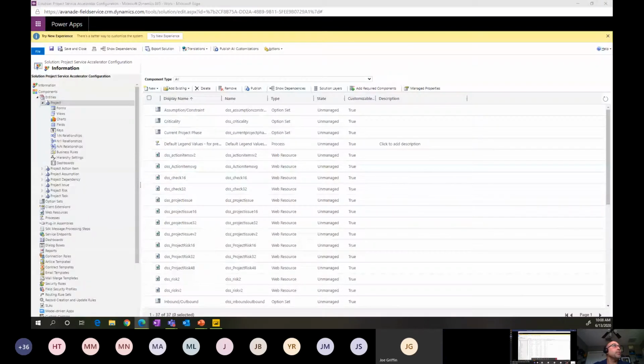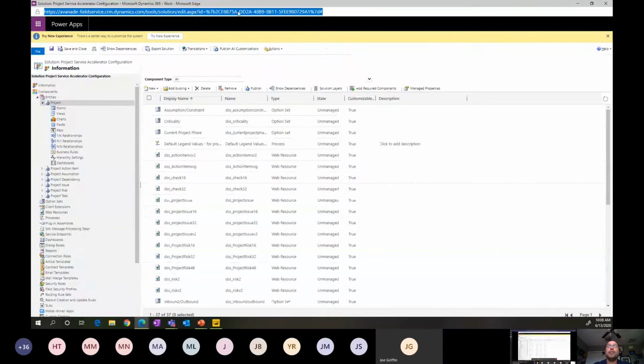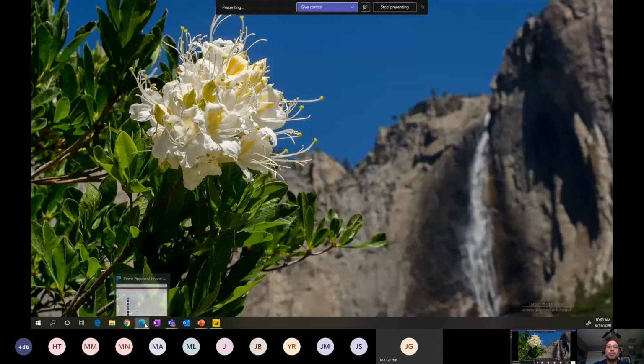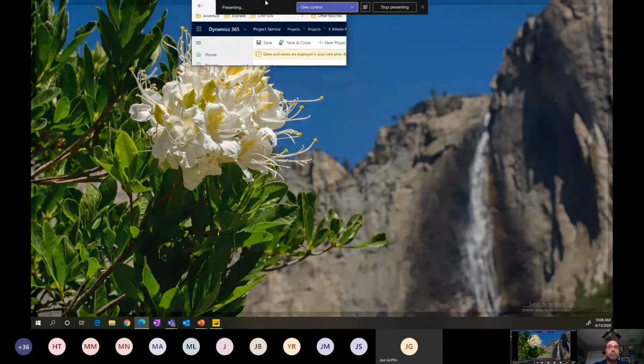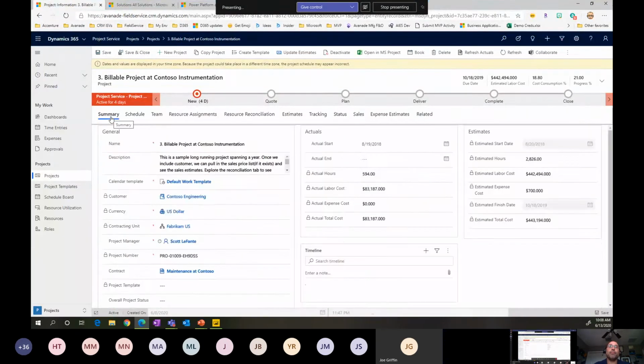So let's go and find the right page. Apparently that page disappeared. Second. Here we go. Perfect. Okay. So again, this is just all straight configuration. No flows, no scripting, no web resources, nothing. So the big thing here that